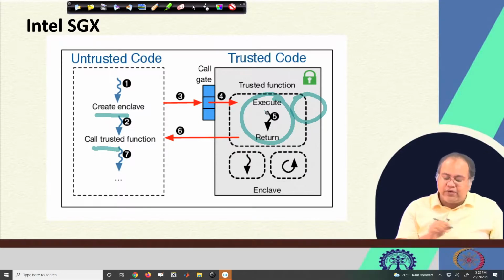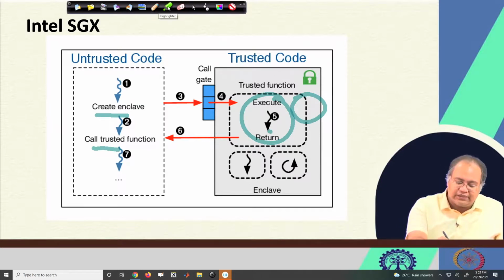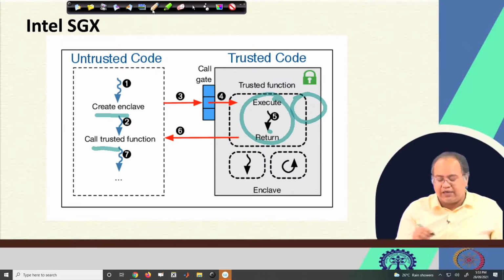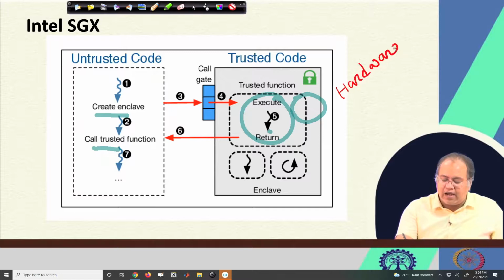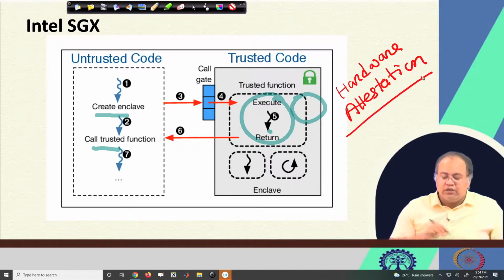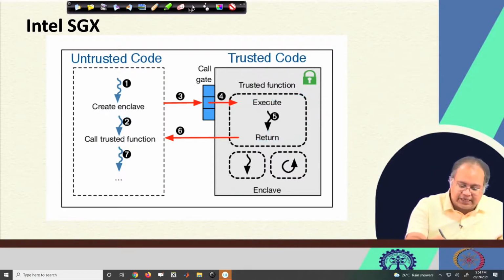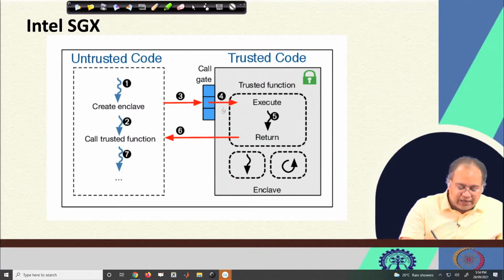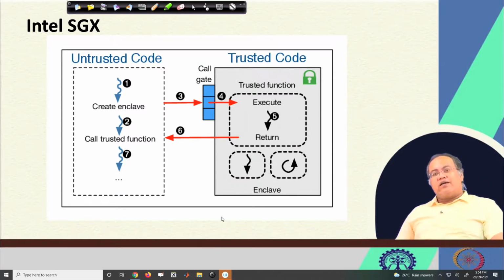Well, so that way you are actually getting a hardware attestation that this particular code has been executed correctly and it has waited for the required amount of hardware clock time. So you are basically providing a hardware attestation. So, this is the way this Intel SGX actually works, and I have just tried to cover 3 different non proof of work consensus mechanisms: proof of stake, proof of burn, and then proof of elapsed time.